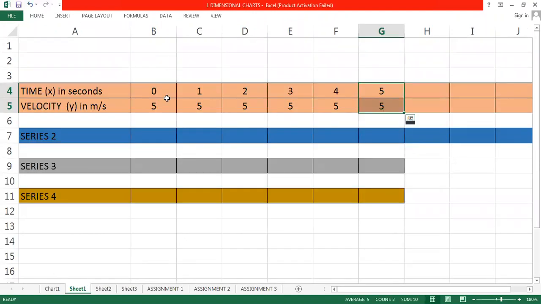So let's understand the velocity time graph of this. Now at 0 seconds, the object is at rest because we have mentioned the object is at rest. But can you say me what will be the velocity after 1 second? What will be the velocity? All of you please reply. What will be the velocity after 1 second?